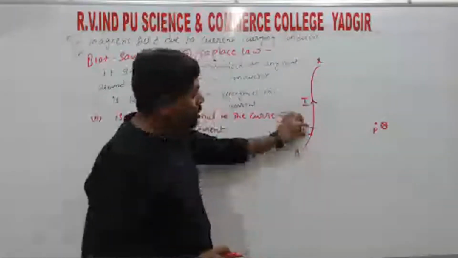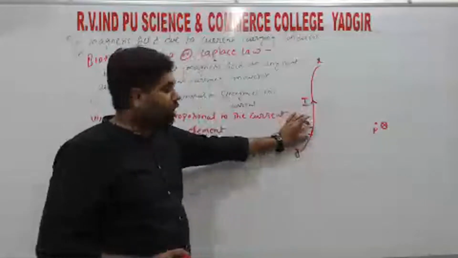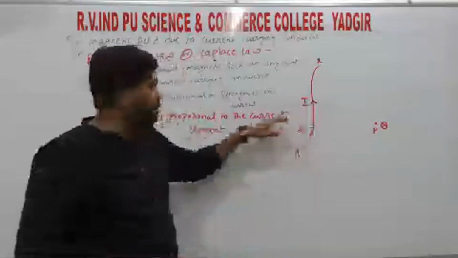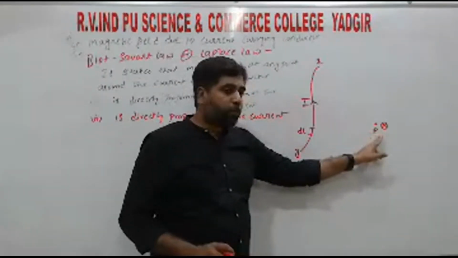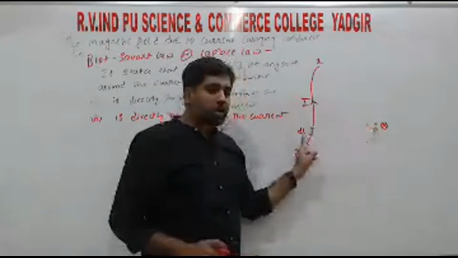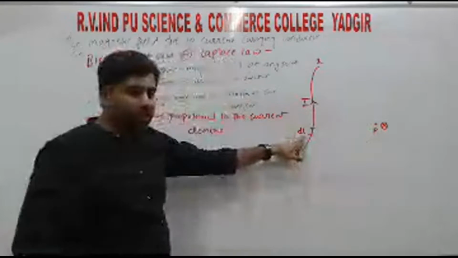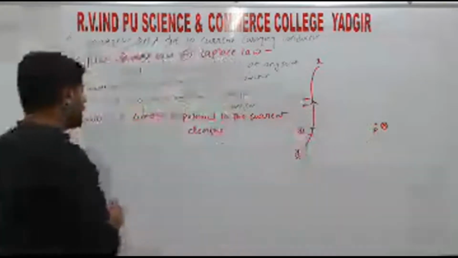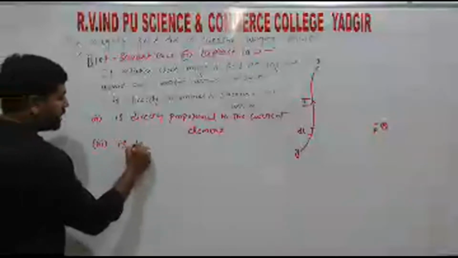So current which is flowing in a small length, small unit of the conductor. So small length of the conductor ಅಲ್ಲಿ current flow ಆಗೋದನ್ನ current element ಅಂತ ಕರೀತೀವಿ. Again the magnetic field at a point P is directly proportional to the current element. That is dl. Current element is denoted by dl, right? So next third point is directly